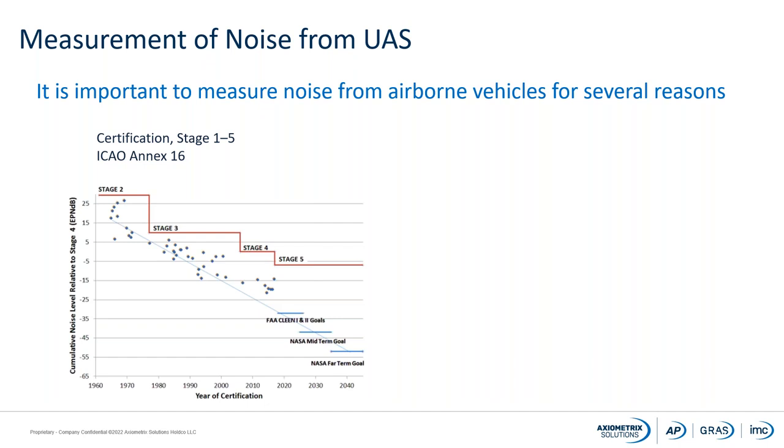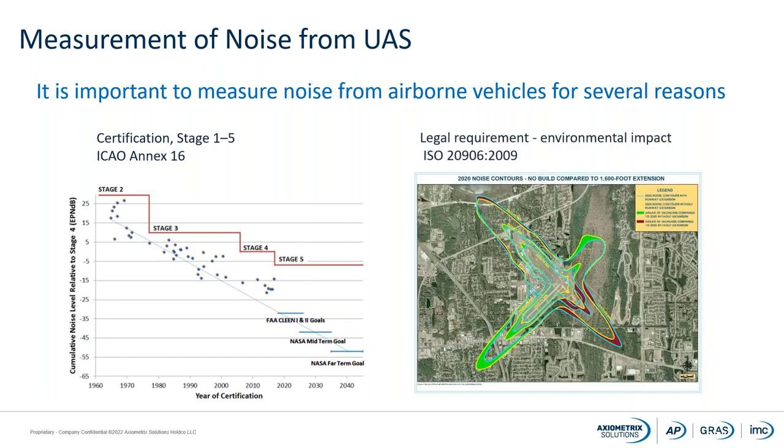That is where you had the Boeing 707, for example, and then it has continued to tighten up the noise legislation for different types of aircraft. Today we are talking about stage 4 or stage 5 aircraft, and they are less noisy than we had back in the 1960s. In order to do these kinds of certifications, we need accurate measurements of the noise coming from different types of aircraft. There is also another topic, and that is legal requirements for airports.